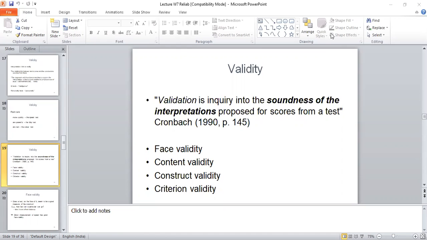which talks about the fact that when you look at a test, the items look like they are aiming at finding out, or they're measuring the component that is being mentioned in the objective. Face validity, I had also told you, is generally identified with the help of the judges, the raters. So it is part of the pilot.